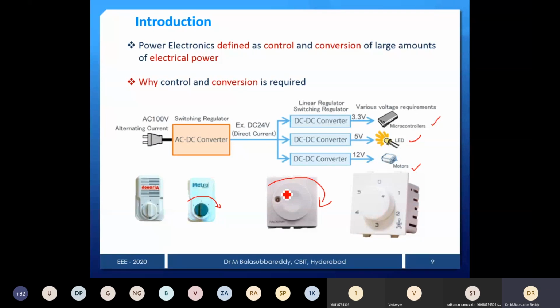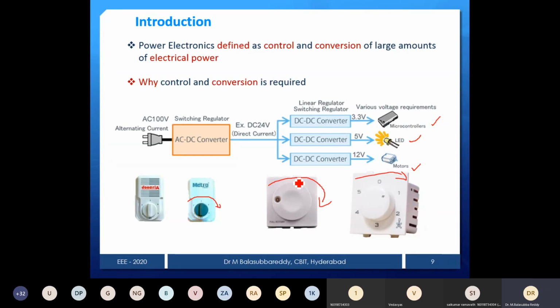Some regulators also come in steps, depending upon the company, but you are able to get a smooth variation, and no resistors are involved in this. It is only two anti-parallel thyristors for high rating. For low rating, only a triac is used in this controller. When you compare the conventional method and this method, it is very simple and has no losses, because no rheostat or resistors are involved. Power dissipation is not there. So that is the reason we are using the AC voltage controller.